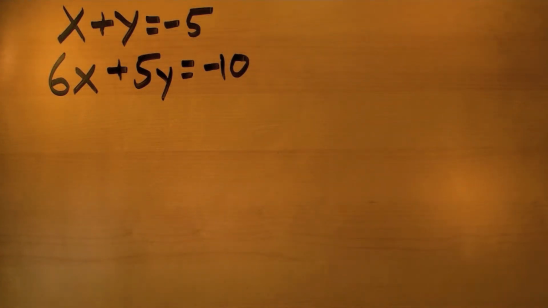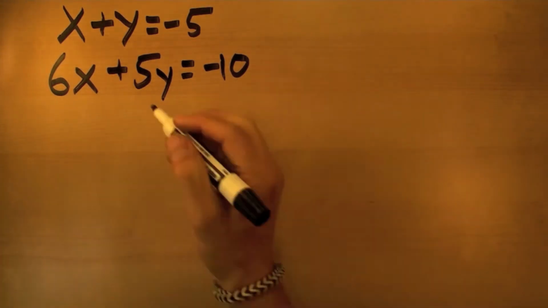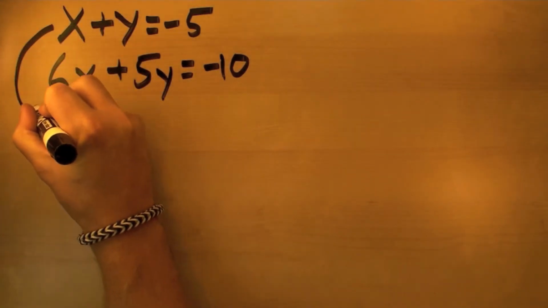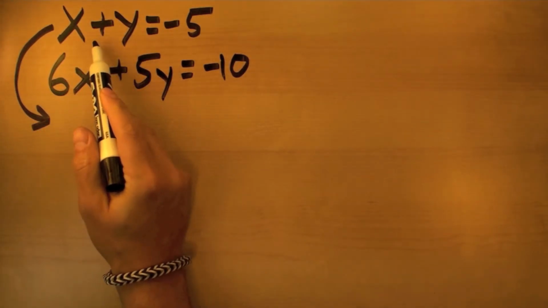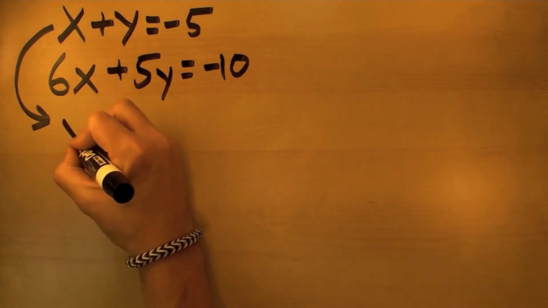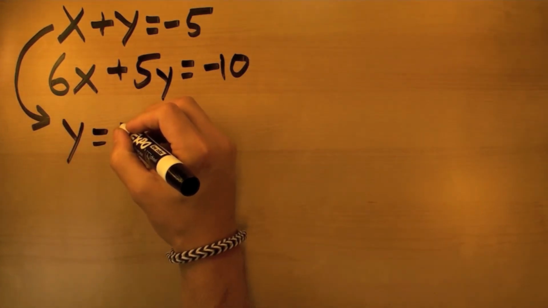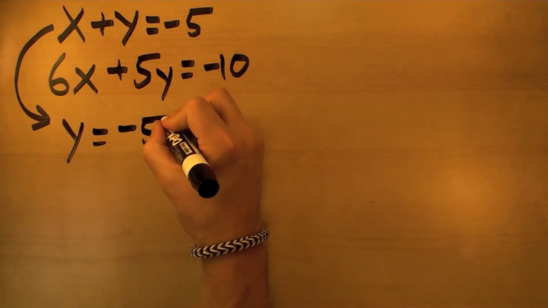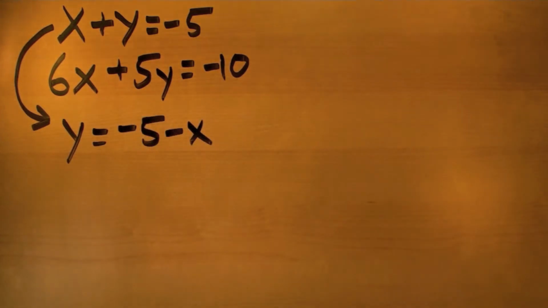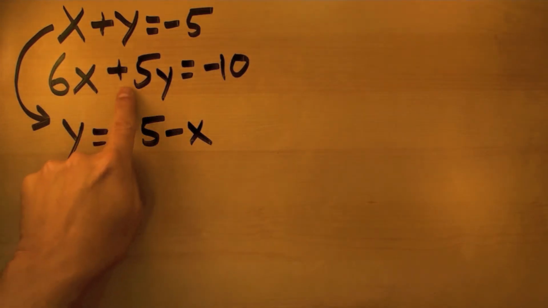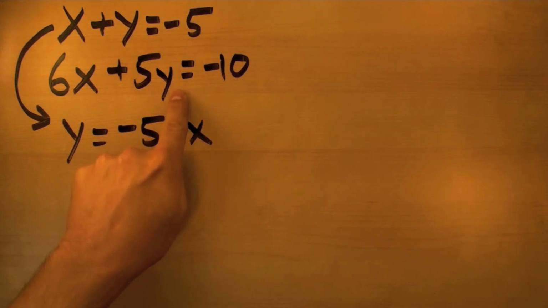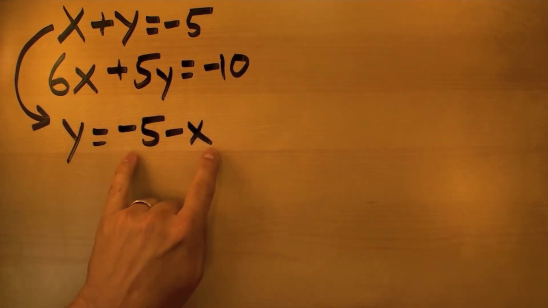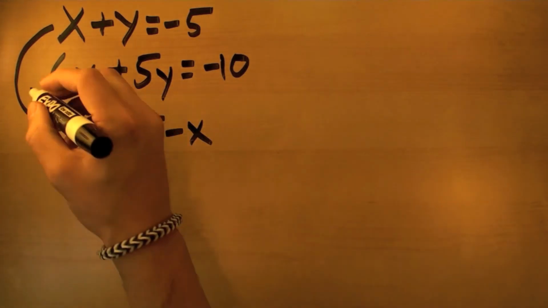numbers are. So, why don't we take the first equation and solve it for one of these variables and use substitution? So I will take this equation, subtract x from both sides, so I'm going to get that y is equal to -5 minus x. Now I'm going to take this value for y and substitute it into the second equation. So instead of writing out y, we're going to write what y is equal to. So when we do that,